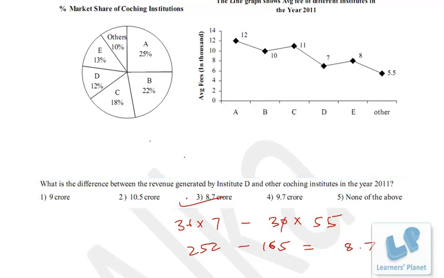So friends, in this session we have discussed 3 sets of data interpretation problems, and I hope you are clear with all the problems. You can practice more problems of data interpretation. These are actually simple. Some of the problems may take time, but on an average a single set of data interpretation, if it consists of 4 to 5 problems, will take 4 to 5 minutes, not more than that. Okay, on an average. Some problems may take more time, some can be solved instantly.